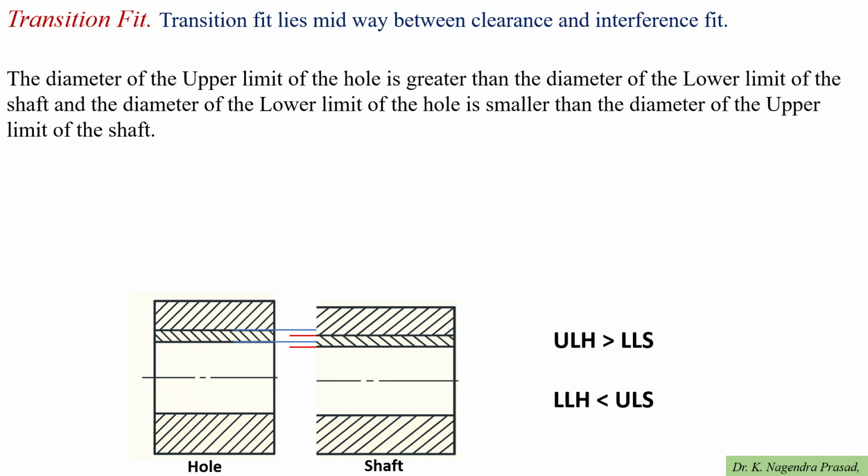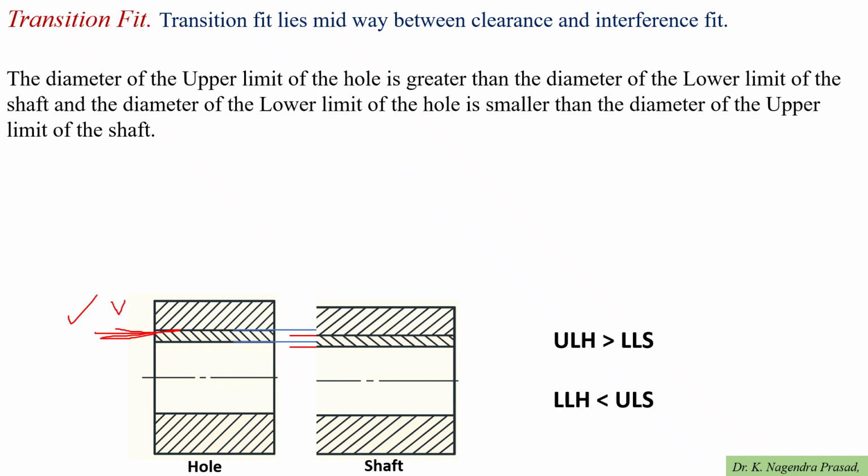Transition fit lies midway between the clearance and interference fit. So in the transition fit, the diameter of the upper limit of the hole is greater than the diameter of the lower limit of the shaft, and moreover the diameter of the lower limit of the hole is smaller than the diameter of the upper limit of the shaft. So this is the schematic representation of the transition fit,